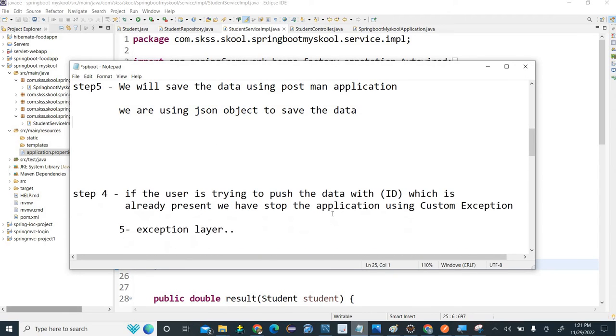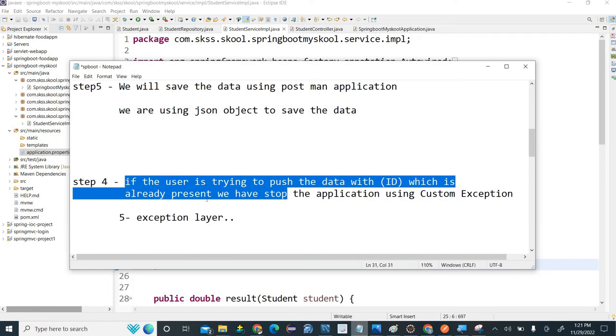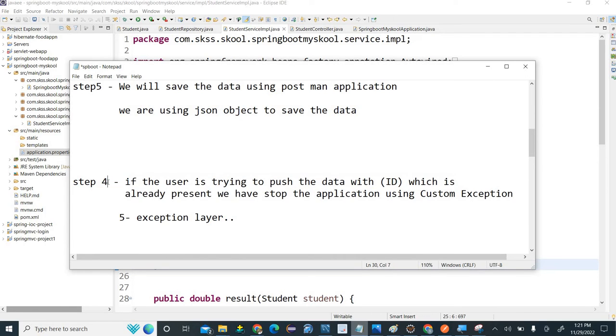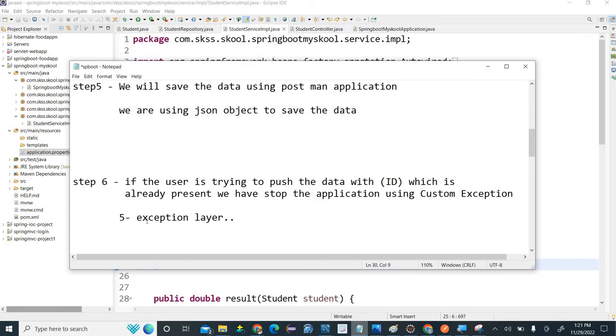Say in every project, there will be some issues. Okay, if the user is trying to push the data, step number 6, if the user is trying to push the data with an ID which is already present, you have to stop the application using a custom exception. So we are writing custom exceptions in the exception layer. So for that,